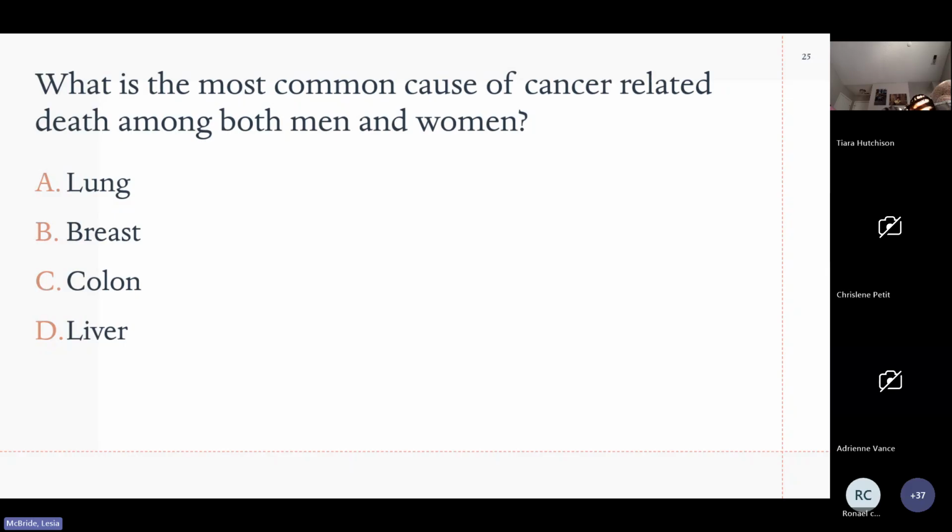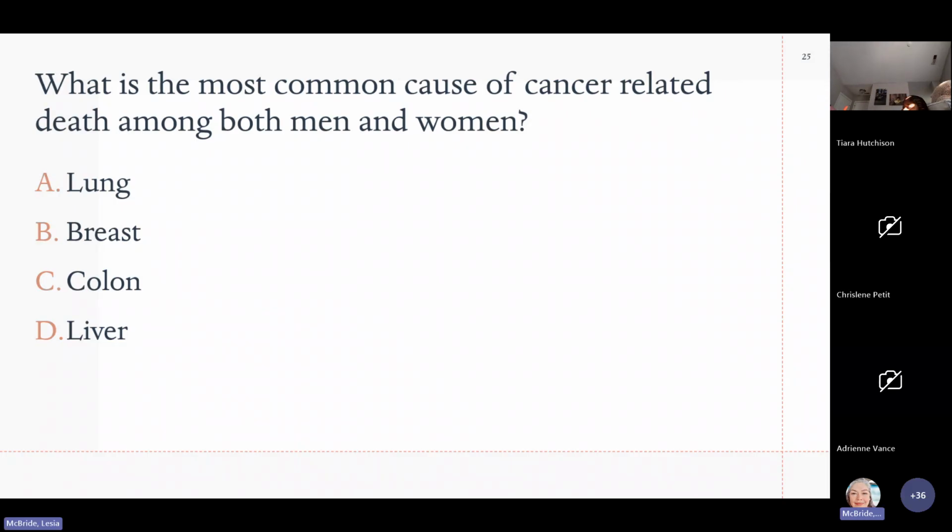I have a couple of people chatting in on here. If you said lung, yes, lung, thank you. It is the most common between male and female. Make sure you choose lung on that question. Then the most common cancer in women, breast, yeah, okay. You guys are getting it. And if it was the most common cancer in men, you guys are going to say prostate. So that's good. Excellent job. You guys are paying attention.